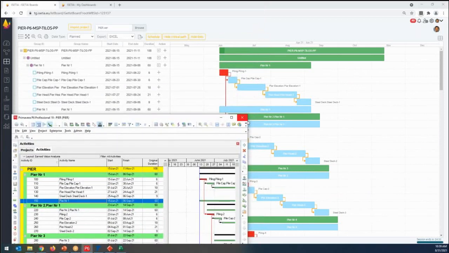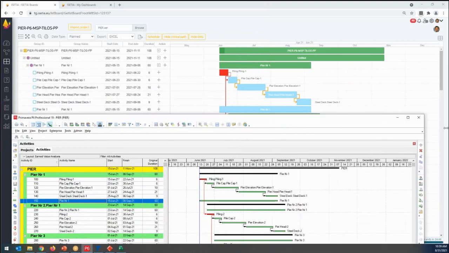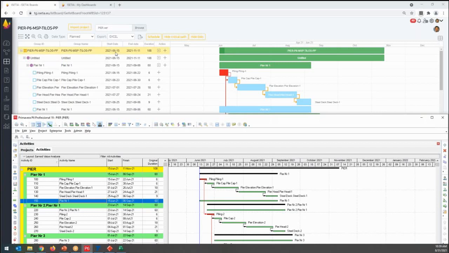I just would like to check the dates if the information which I imported is correct. Start date 15th of June. We have end date 11 November. Duration of work 108 days.